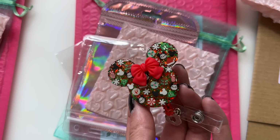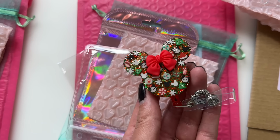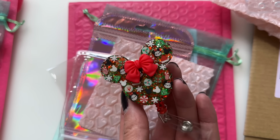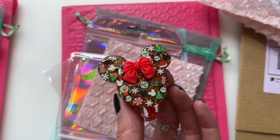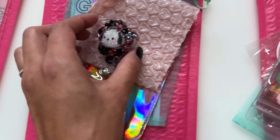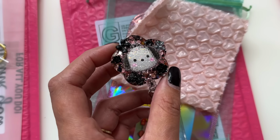badge reel I've ever done in my entire life. Once it came together, I was like, oh my gosh, I can't. This is for our friend Diane. And I think she mentioned it was gonna be for her cross-stitching tools. Isn't that stunning? And then got another badge reel with our little buddy Pachaco, a little rose gold action and